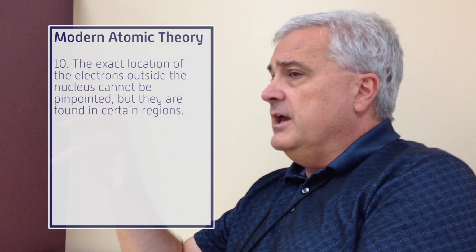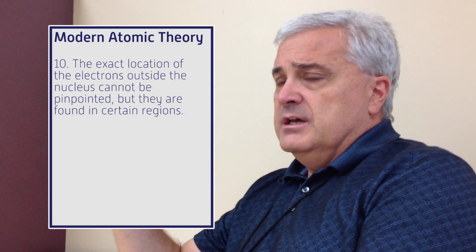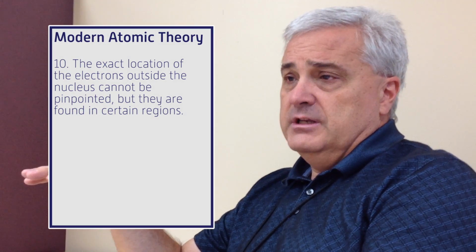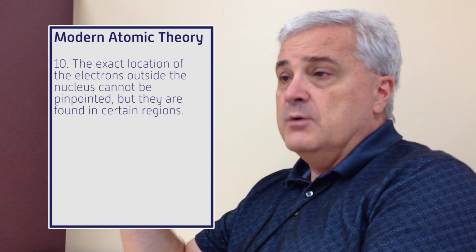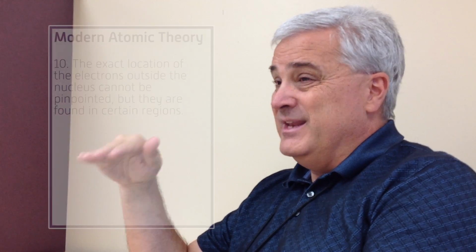And then the modern theory is the electron cloud model, and in that theory they have gone to say the location of the electrons cannot exactly be pinpointed. Although they are in orbitals, all we can say is that they're somewhere in the space of the orbital, but not exactly where. We can know that they're located there, but not pinpoint exactly where. All of these things combine to give us this modern model of the atom.